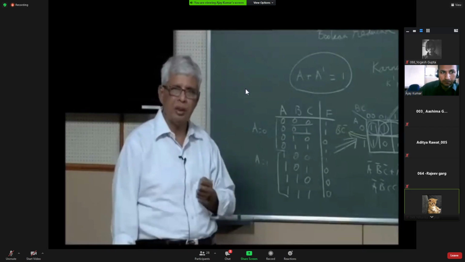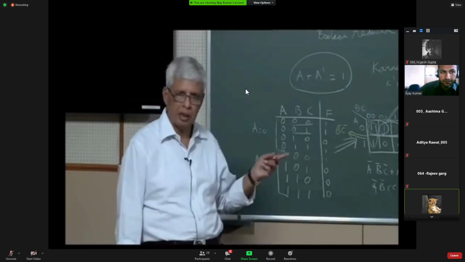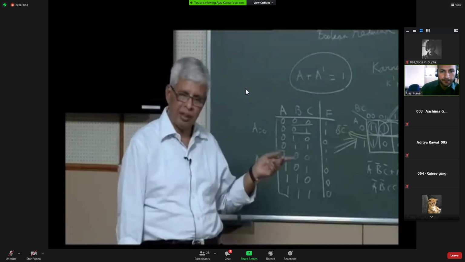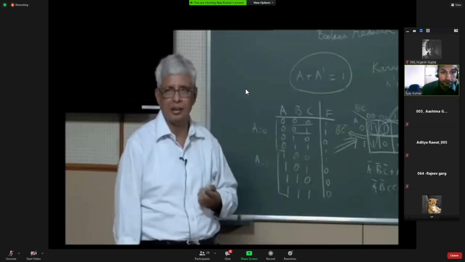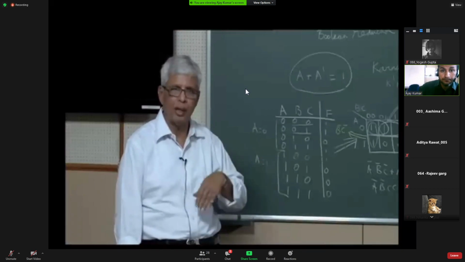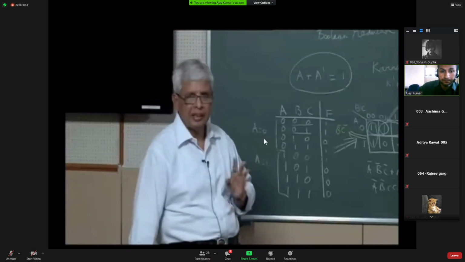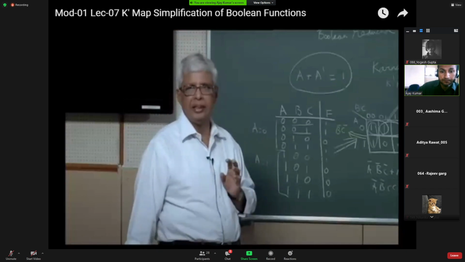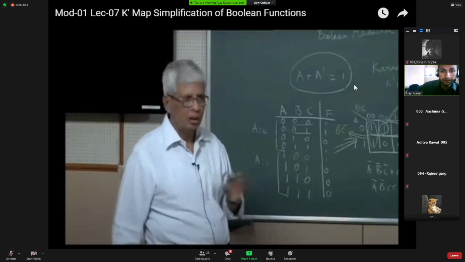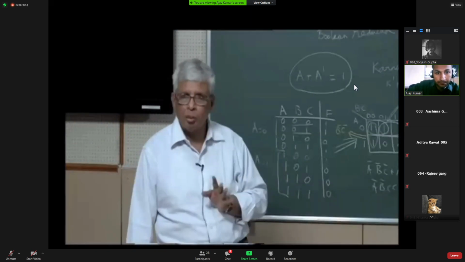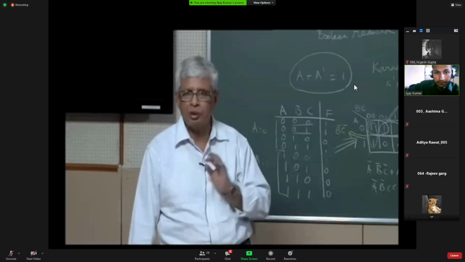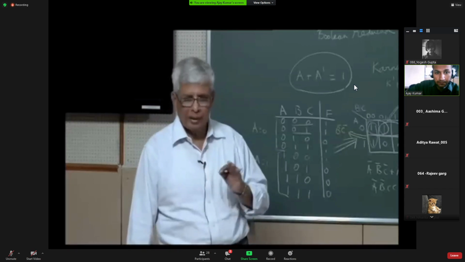So in between, you have this method, and even this fails when the number of variables is too large, so you go for computerized reduction. That is what they do in today's technology in designing big digital circuits. They don't use corner maps, they use computerized reduction. We are not going to talk about computerized reduction. I will tell you the names of those tools, but it is all automatic.